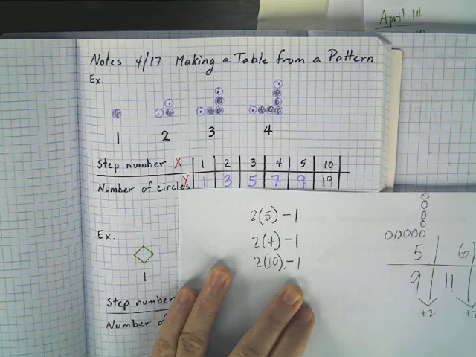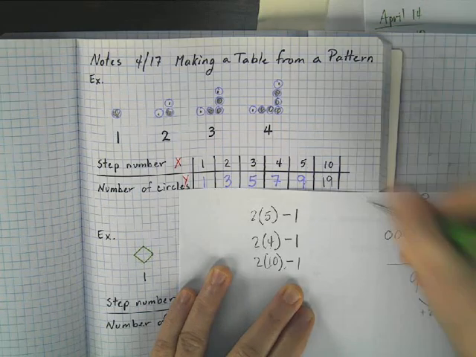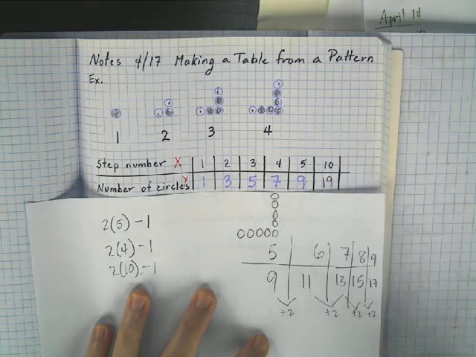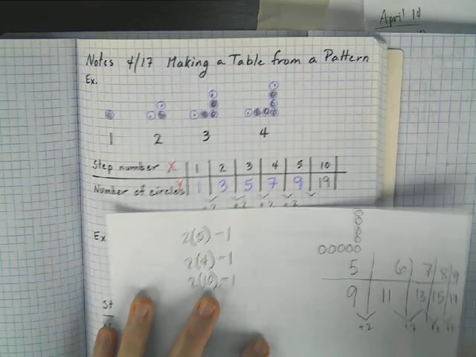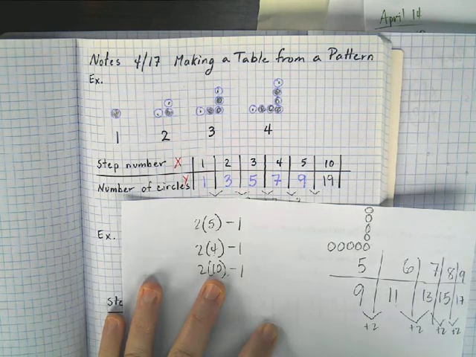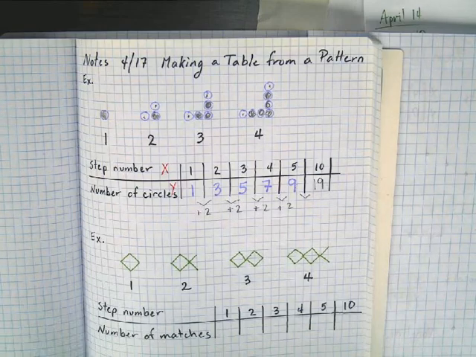Okay, so we can figure out the missing ones a couple of ways. We can extend the table, or we can look for a pattern in the numbers. Okay, so I'll leave that up to you to figure that out. Okay, and the next one,